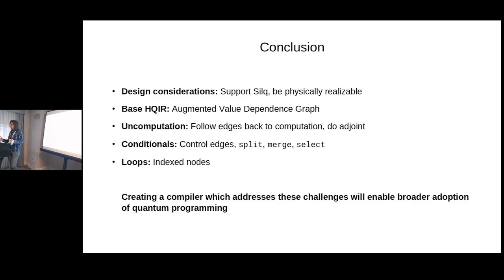It's possible that you have a while loop, in which case you actually don't yet know if you're at the last iteration or not. And it might be the case that you need to do a measurement on a qubit. This might happen during state preparation, for example. Let's say you want to pick something that's in a uniform superposition of being 0, 1, or 2. Well, you pick something that's in a uniform superposition of 0, 1, 2, 3. You check if it's equal to 3, you measure that. And if it's false, you're done. If it's true, you need to repeat. And you throw it out and you generate a new number and so on. So in the case where you do know the loop bound in advance, you can use all the work on polyhedral optimization.